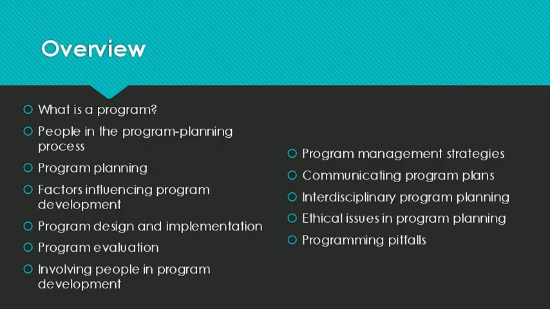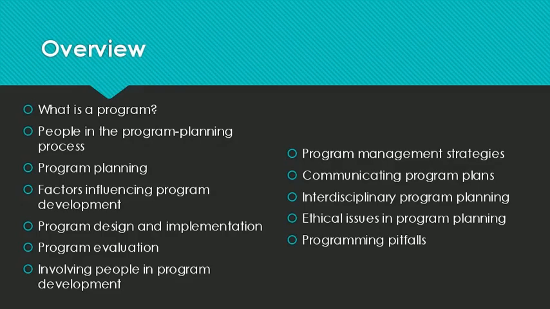So up to this point, we've talked about an overview of the extension system. We've talked about the history of extension. We've also looked at the organizational structure of the extension system, and we've also looked at each of the program areas associated with extension. So looking specifically at 4-H and youth development, ag and natural resources, family and consumer sciences, and community development. And so now we're looking at it more from an educator's perspective, looking specifically at program planning